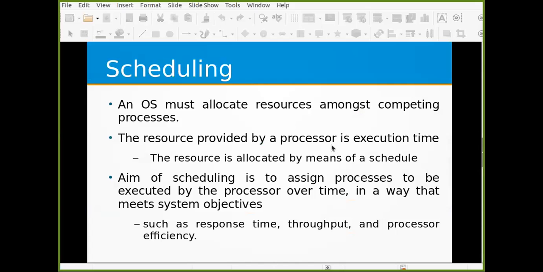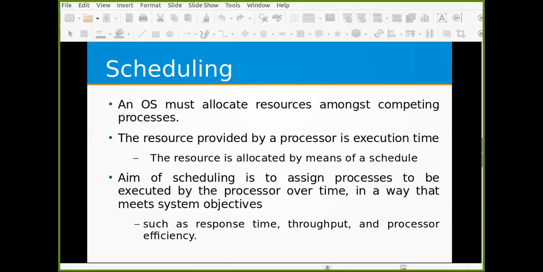What is scheduling? So an OS must allocate resources amongst competing processes. First of all, there are resources and there are different processes. So OS needs to handle it. We know that OS works as a resource manager and it has to handle the allocation of these resources to process. The resource provided by a processor is execution time. Even if we do not consider processor as a resource, at least the execution time which is provided to the process by processor can also be considered as a resource. So all in all, it is processor which is a resource,